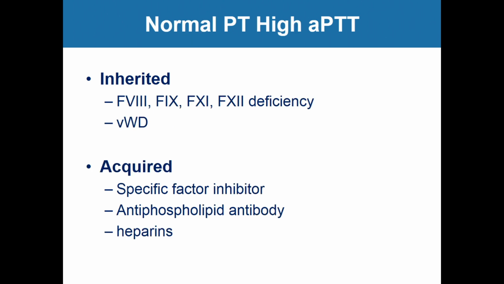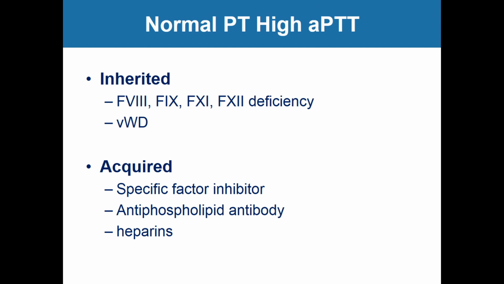If you have a normal PT but an elevated PTT, the range of inherited, congenital factor deficiencies is much larger. For an elevated PTT in somebody who appears to have an inherited bleeding disorder, factor 8, factor 9, factor 11, and factor 12 can result in an elevated PTT with a normal PT. It should be noted that factor 12 deficiency does not result in a clinical bleeding phenotype, but only an elevated PTT, whereas von Willebrand disease